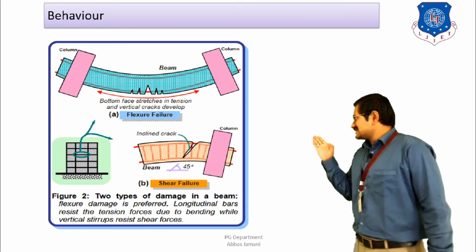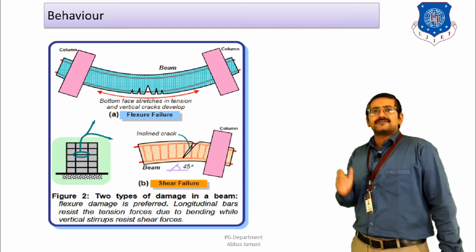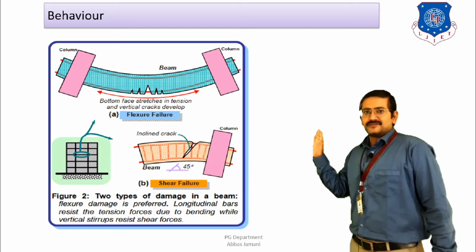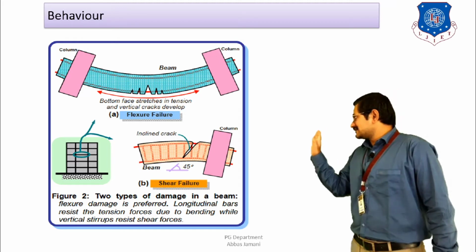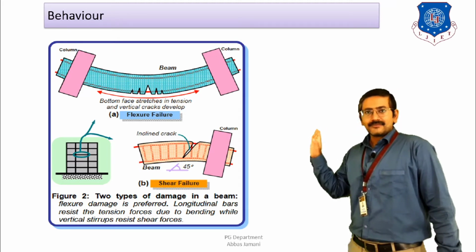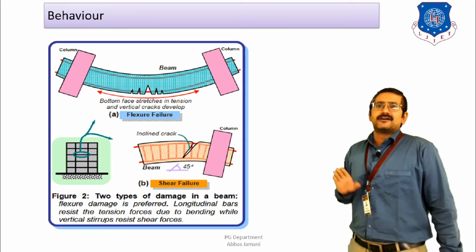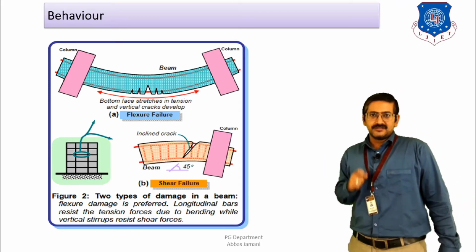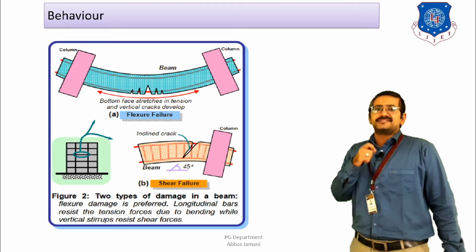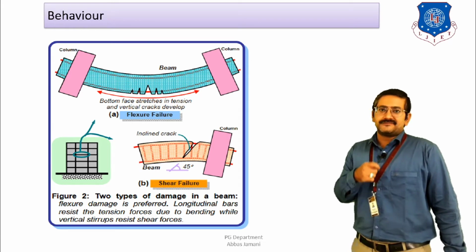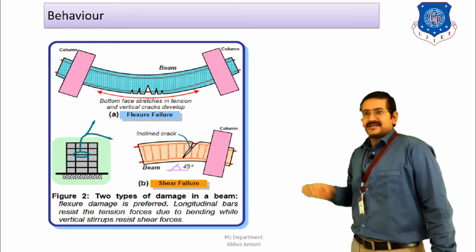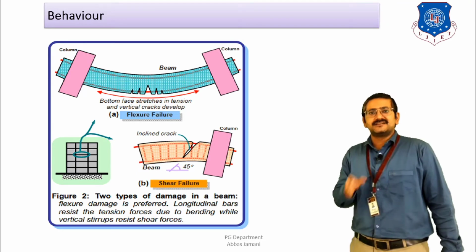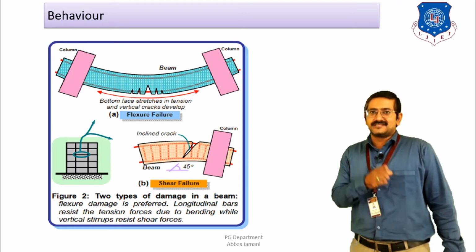So as you can see in the figure, a diagonal crack will start from the support section, that is the top flange of the beam, and it will try to travel downwards. This diagonal crack that will take place is going to have an angle of 45 degrees with the horizontal. If you want to avoid this kind of shear failure in the beam, then we provide the transverse reinforcement, which is also known as the closed loops or the stirrups. These stirrups have to be placed closely near the support section, and at a larger distance in the midspan section.